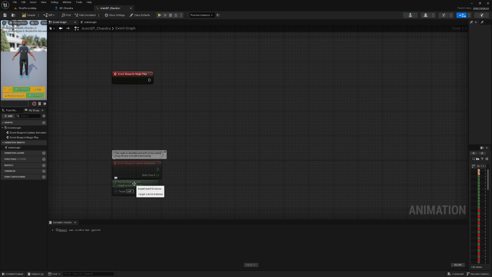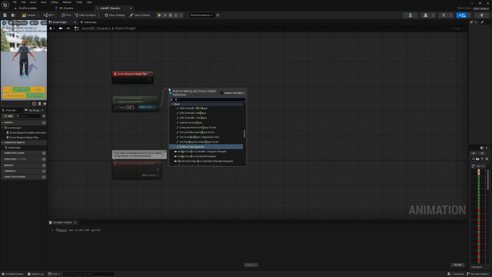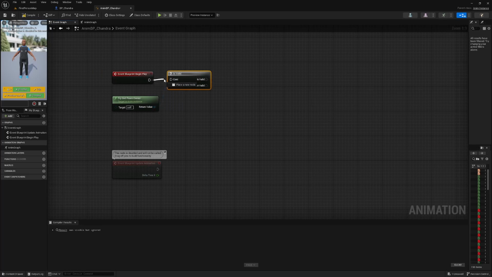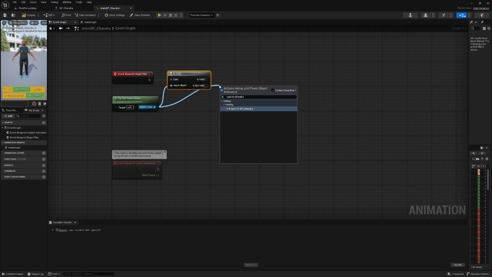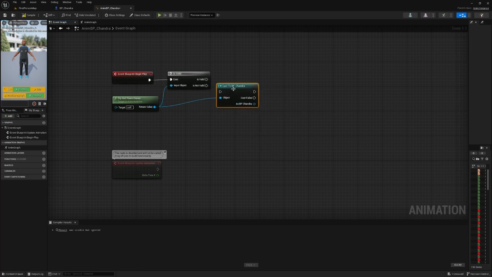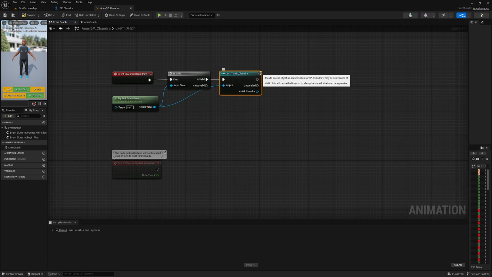We're also going to grab this Try Get Pawn Owner here, drag off of that, pull up an isValid node, and also drag off of Try Get Pawn Owner and cast to your character's blueprint here. So basically the very first thing it's done is check if there's a pawn owner. If there is, then cast to your character,